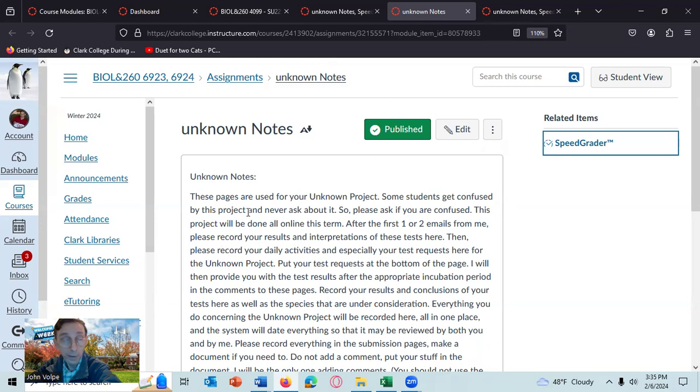So both you can look all of the information up and I can easily look up all the information. And so if it's all in your unknown notes pages, we can both find it very easily. If it's in the email, well, I will never find it. I've got tons of emails, okay? Let me just show you